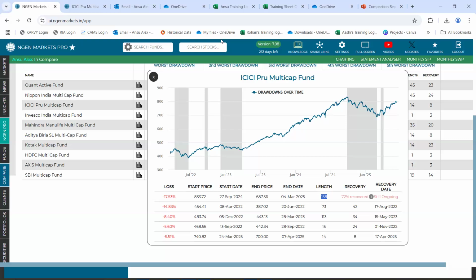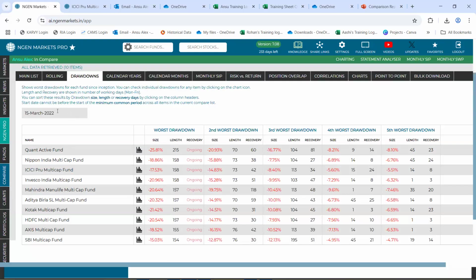So that's how you should read this chart, and you can change the overall time period. Here there's a start date specified at the top, but the end date is always the latest. So you can see during this period of time which was the biggest drawdown between any two NAV points. So that's what that chart shows.